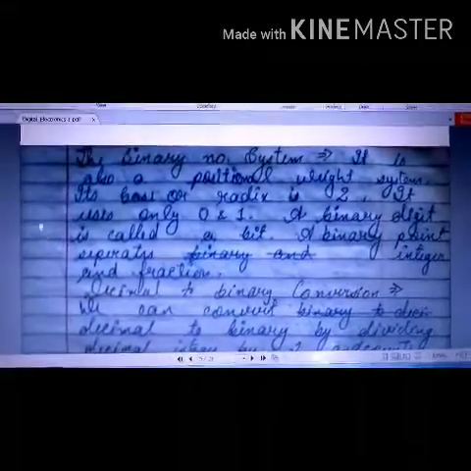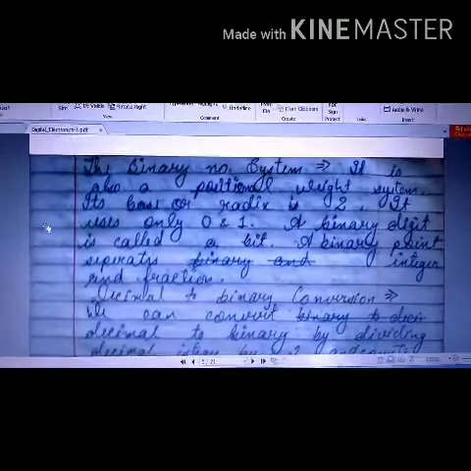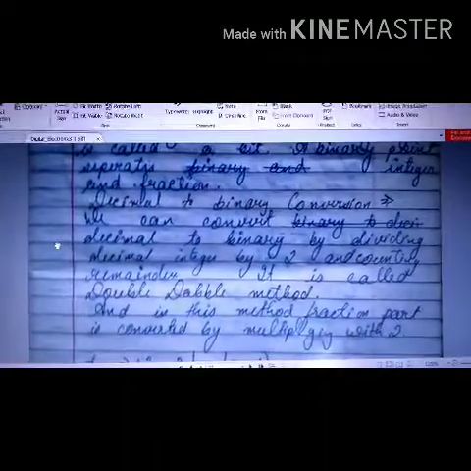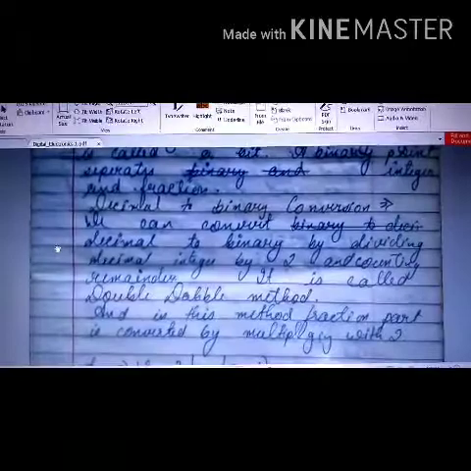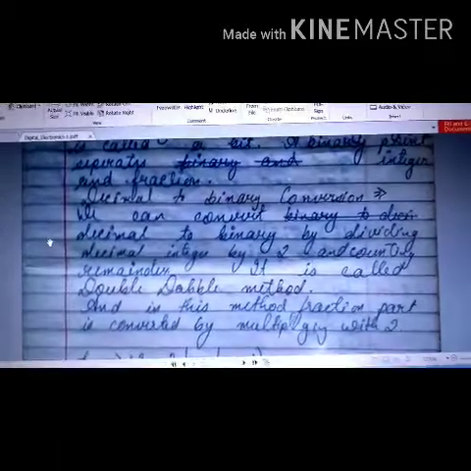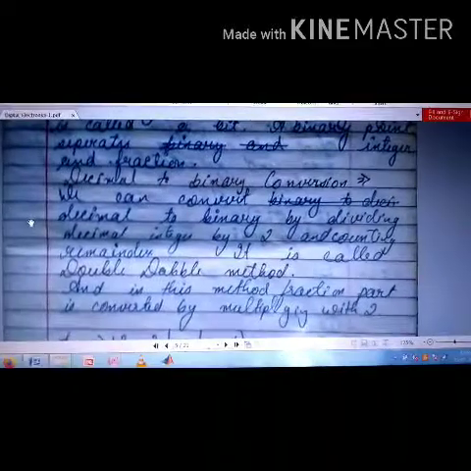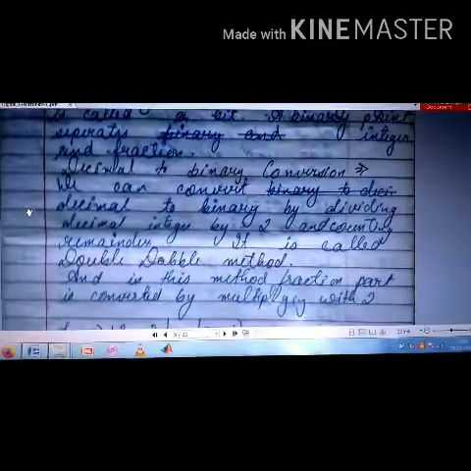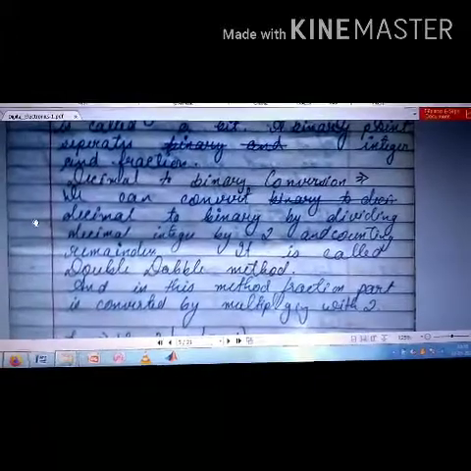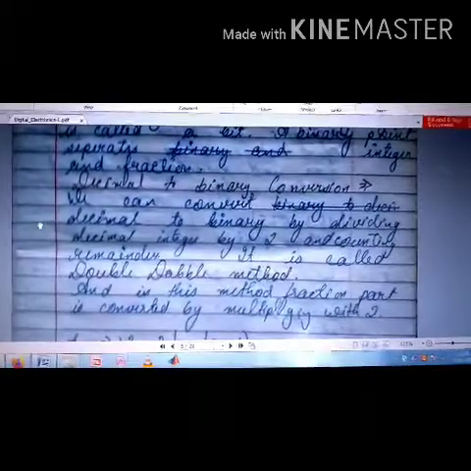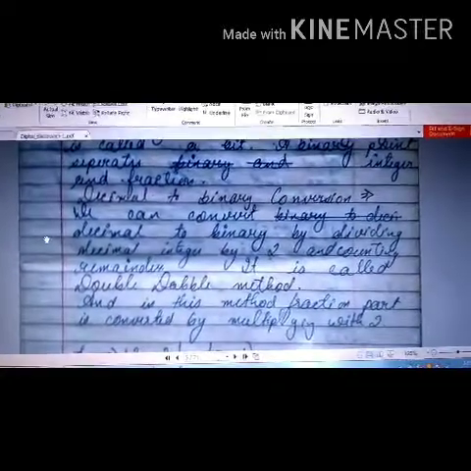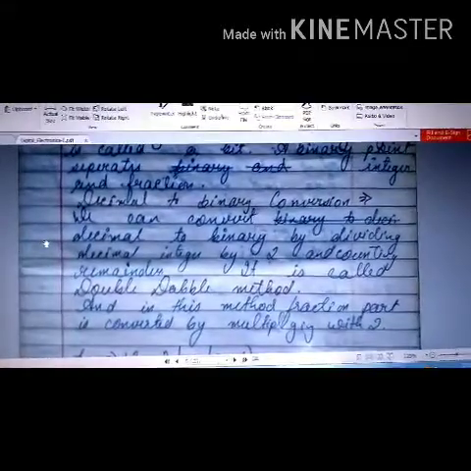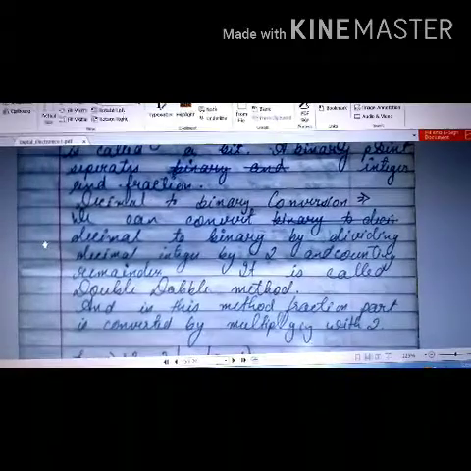Now the first and basic thing: how to convert a decimal number system to binary, because humans use decimal number system, while computers and most electronic items use binary number system. So how can we convert one number system into another number system? There are basically two methods to convert a decimal number into a binary number. One is the double-dabble method, which is mostly used. The second is a bit tough method. Let's see if we will have time to discuss that or not.